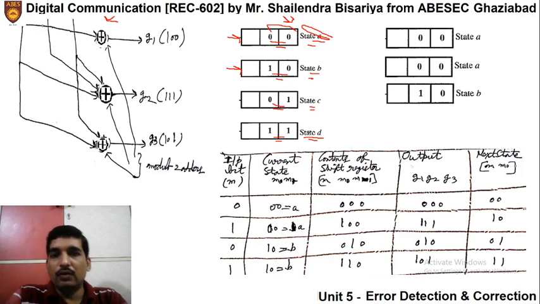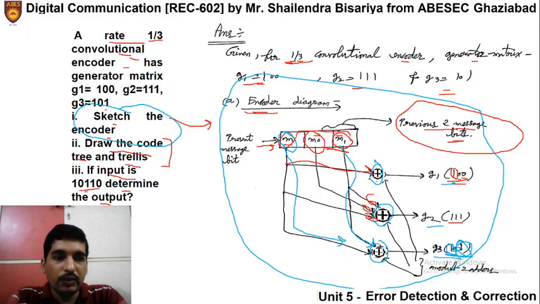Now let us continue with how we define the states. We will write a table. First of all, we will write the input bit in the table. This input bit M may have the value 0 or the value 1 depending upon the data sequence. For the present case, the data sequence is given to us: the input is 10110.